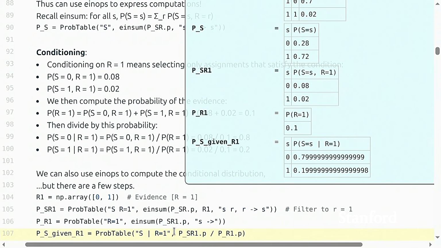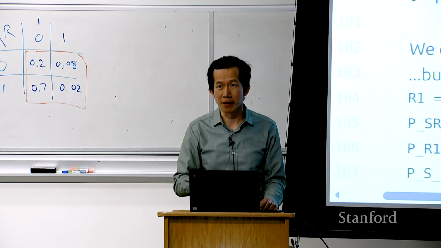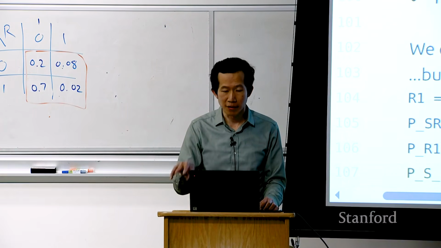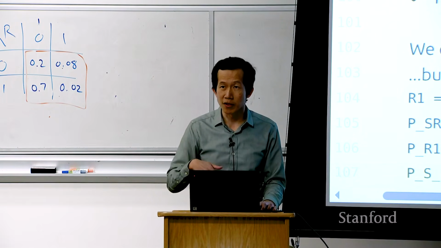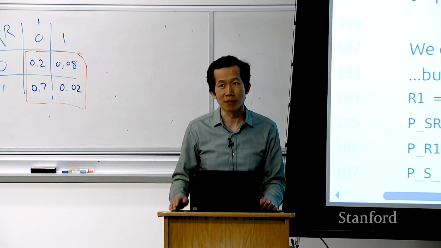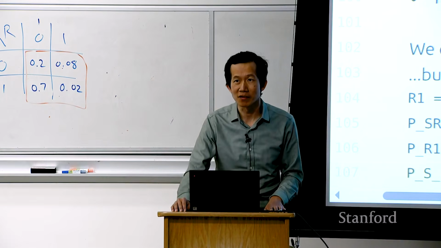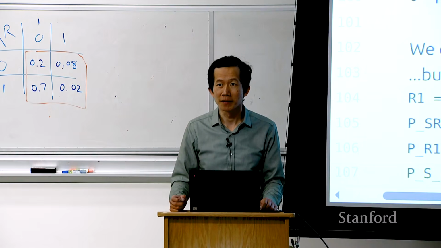The question is, are you going to represent this last step with any einsum? Right now, this is just a scalar, so you don't really need anything fancy. Yeah, so the question is whether this works for discrete or continuous variables. Everything we do in this class will have discrete random variables here, and you can use einsum. If you have continuous variables, then when you do marginalization, you have to do integrals. And conditioning becomes a little bit dicey because you can condition on basically probability 0 events, so you have to be careful there.